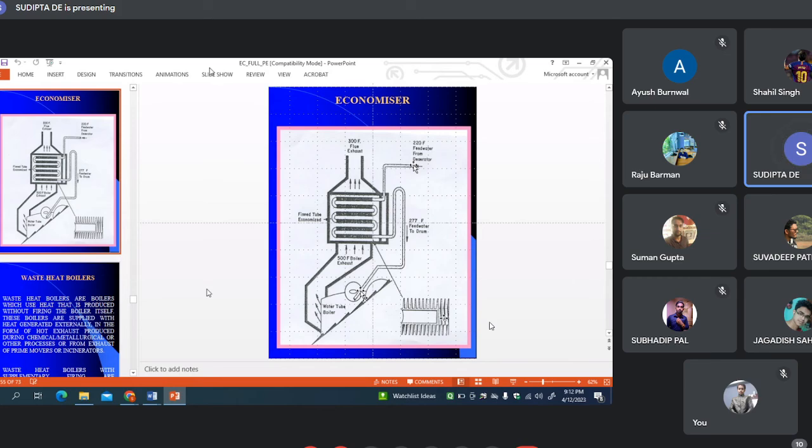which heat water in sensible heating process. Full stop. Most desired temperature at the exit of the economizer